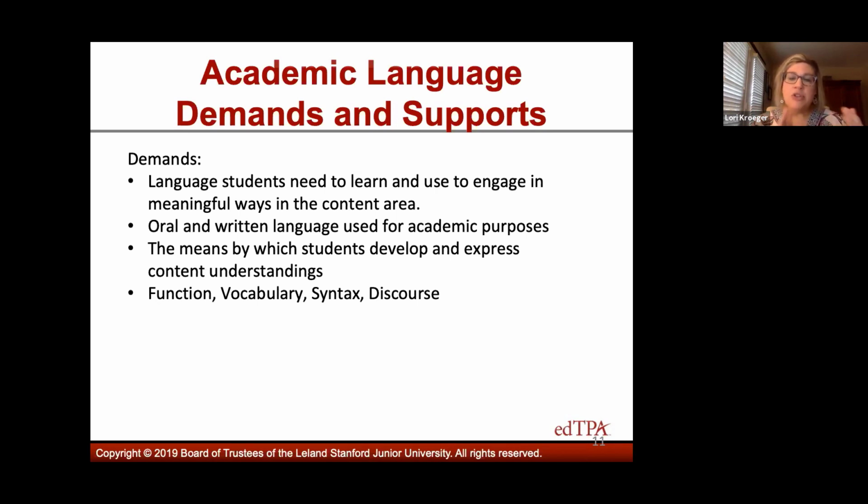Language function is the purpose of the language that's being used in the classroom, right? So why are we using language? What are we learning from that language? Language functions are most often the strong active verbs in a well-written learning outcome. These might be words like describe, explain, evaluate, compare and contrast.